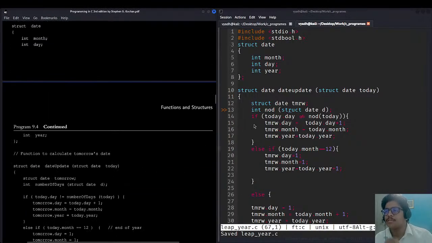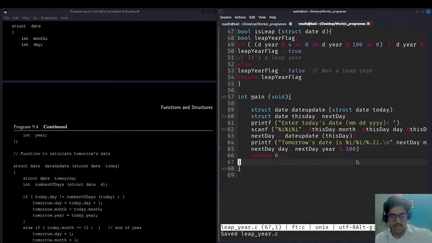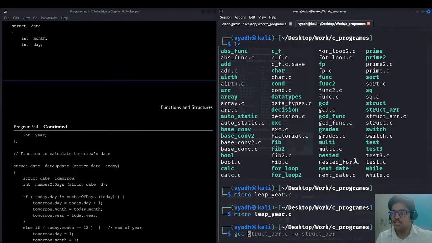एरर कहाँ आ रहा है इसमें? स्ट्रक्ट डेट, डेट अपडेट, स्ट्रक्ट डेट टुडे, ओके। एक काम करते हैं, कंट्रोल एस, क्यू जीसीसी मारते हैं, इसे पता चलेगा। लीप ईयर डॉट सी, आउटपुट लिखेंगे इसका लीप ईयर में।